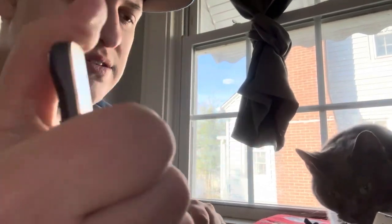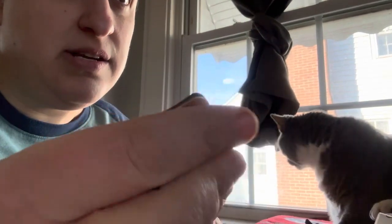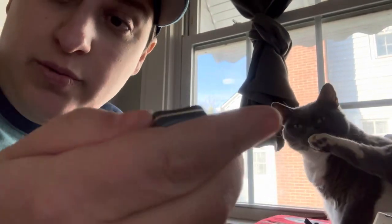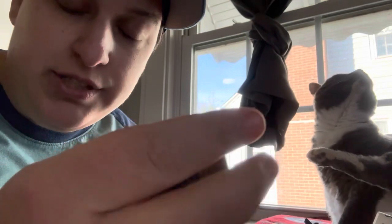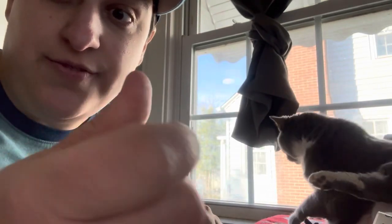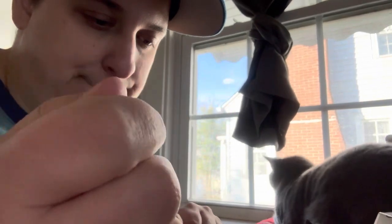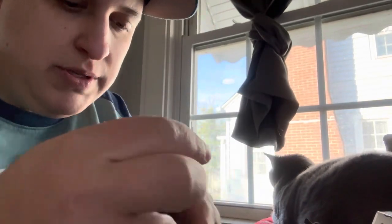The feel of it is really nice. I was really hoping for it to have stronger magnets. What I like about this is that it's very quiet. I can definitely get away with playing with this in front of my wife. She is like insane when it comes to these things. Still wish the magnet strength was a little bit stronger, but